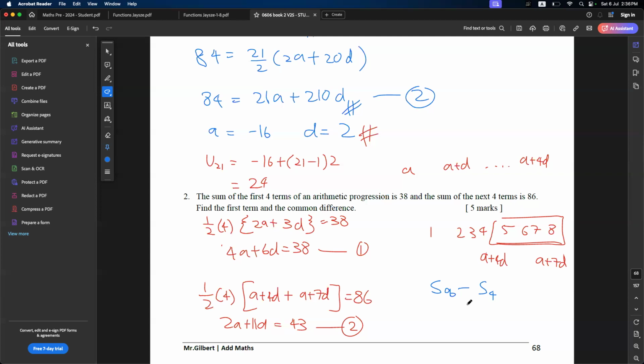Okay, and then from here, solve the simultaneous equation. A equals, in the calculator, five and